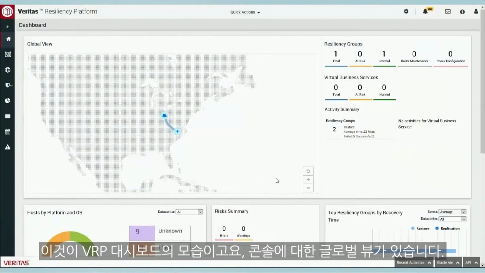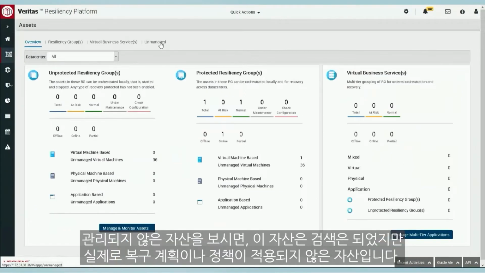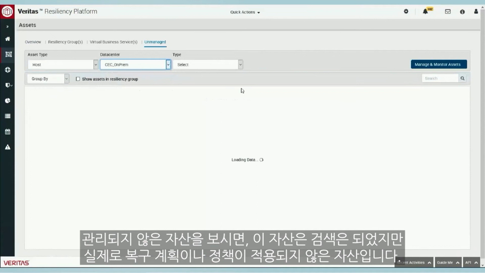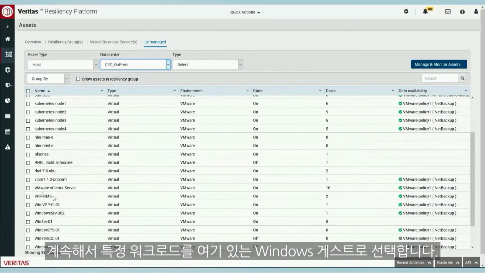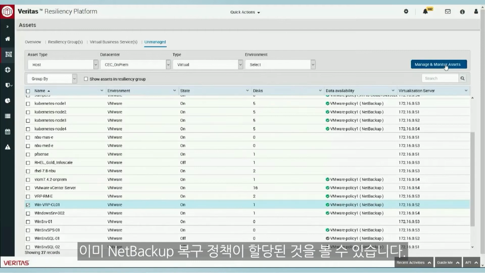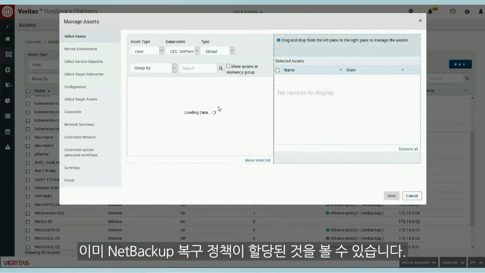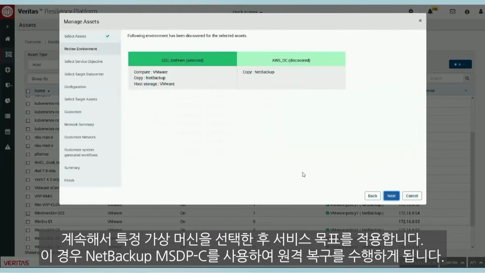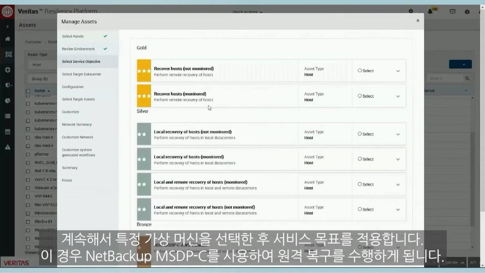So this is a demonstration of the VRP dashboard, and what we have here is our global view into the console. And we're going to go ahead and take a look at the unmanaged assets. These are ones that we've discovered but aren't actually applying any kind of recovery plan or policy to. We're going to select a particular workload here. It's a Windows guest. We can see that we've discovered that it actually already has a NetBackup recovery policy assigned to it. We select that particular virtual machine, and we apply a service